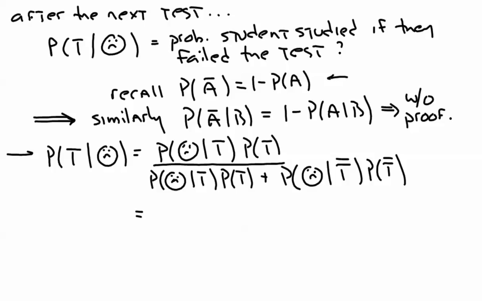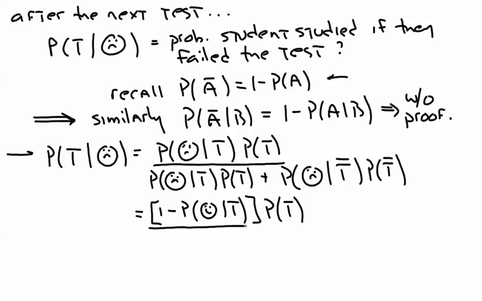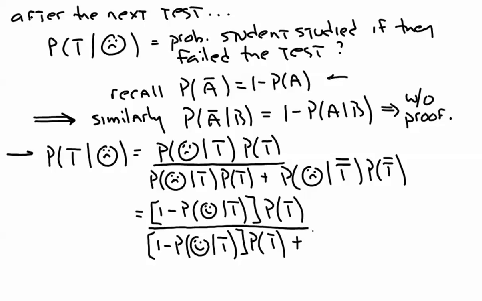This can be rewritten as 1 minus probability of passing, given that the student studied, times probability that the student studied, divided by 1 minus probability the student passes given that they study, times probability that they study plus